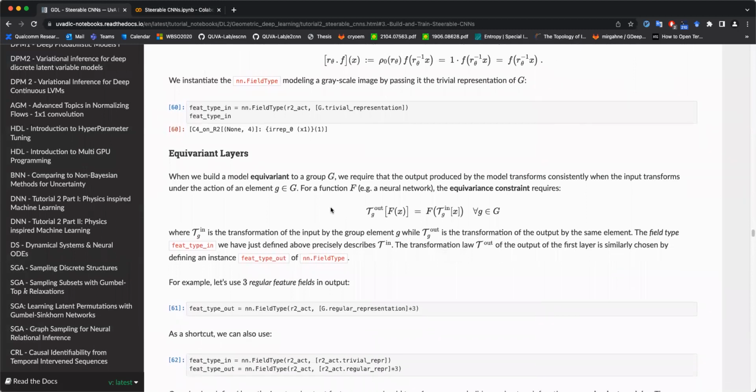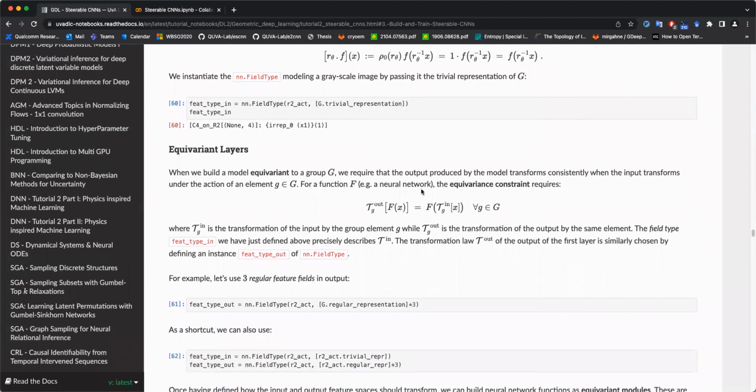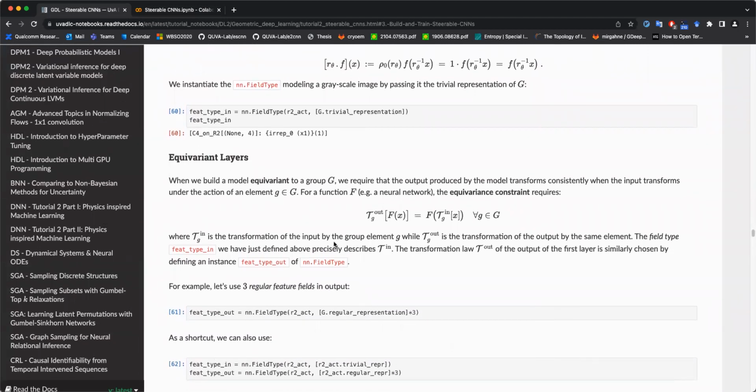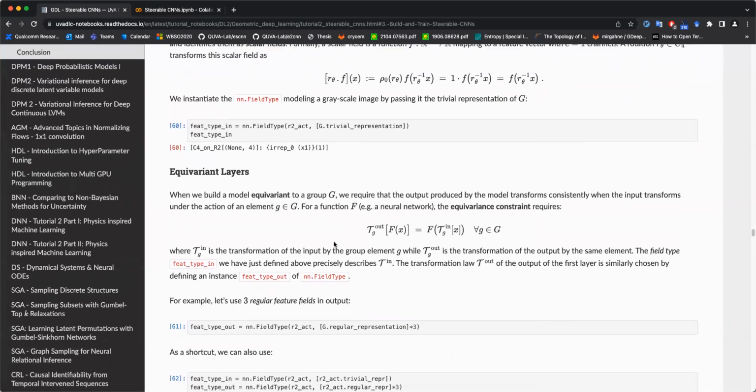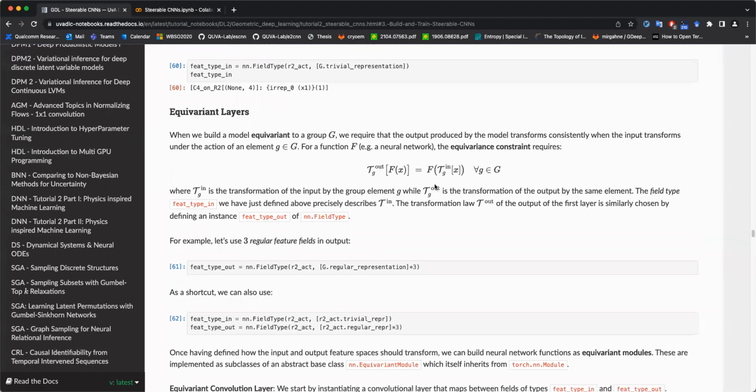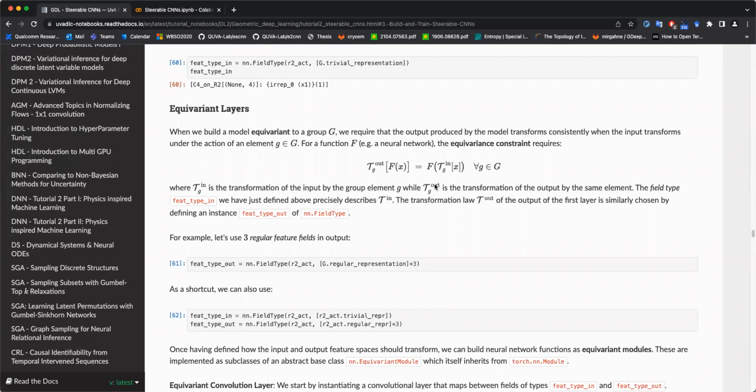Unfortunately, there's no time to really go deep on this. But that's pretty much the purpose of the library, because so far we just used the library to give names to things, to annotate features, to annotate tensors. But the main power of the library is essentially solving this constraint. Once you use everything that you had so far to define how the input of your layer should transform, how the output of each layer should transform, you can just rely on the library instantiating the neural network modules